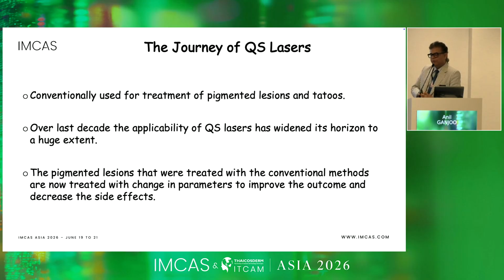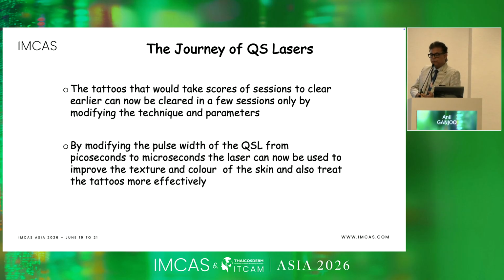started. Way back, they were just devices to treat tattoos only, and a few pigmented lesions. But over the past few years, maybe a decade or so, the applicability of the Q-switch lasers has really widened, and we use them as primary lasers now. Earlier, the laser hair reduction was the first laser to acquire, and now we look at Q-switch lasers as one of the first lasers to be acquired when we go into